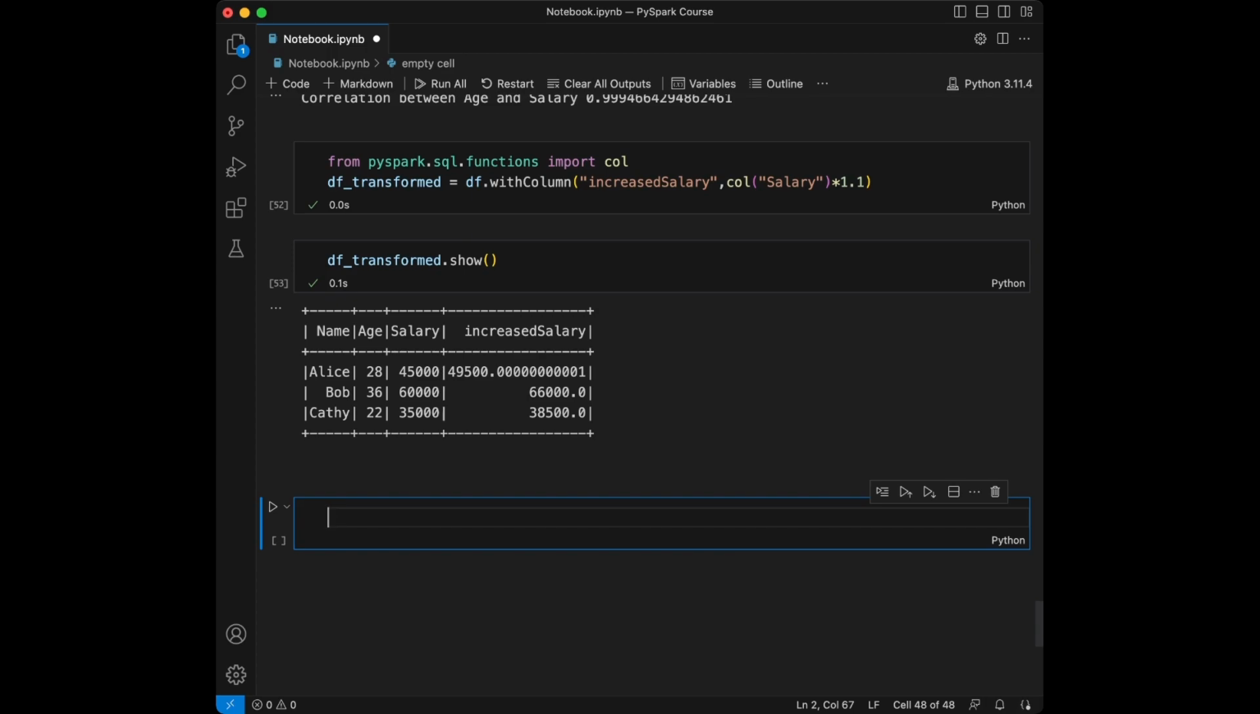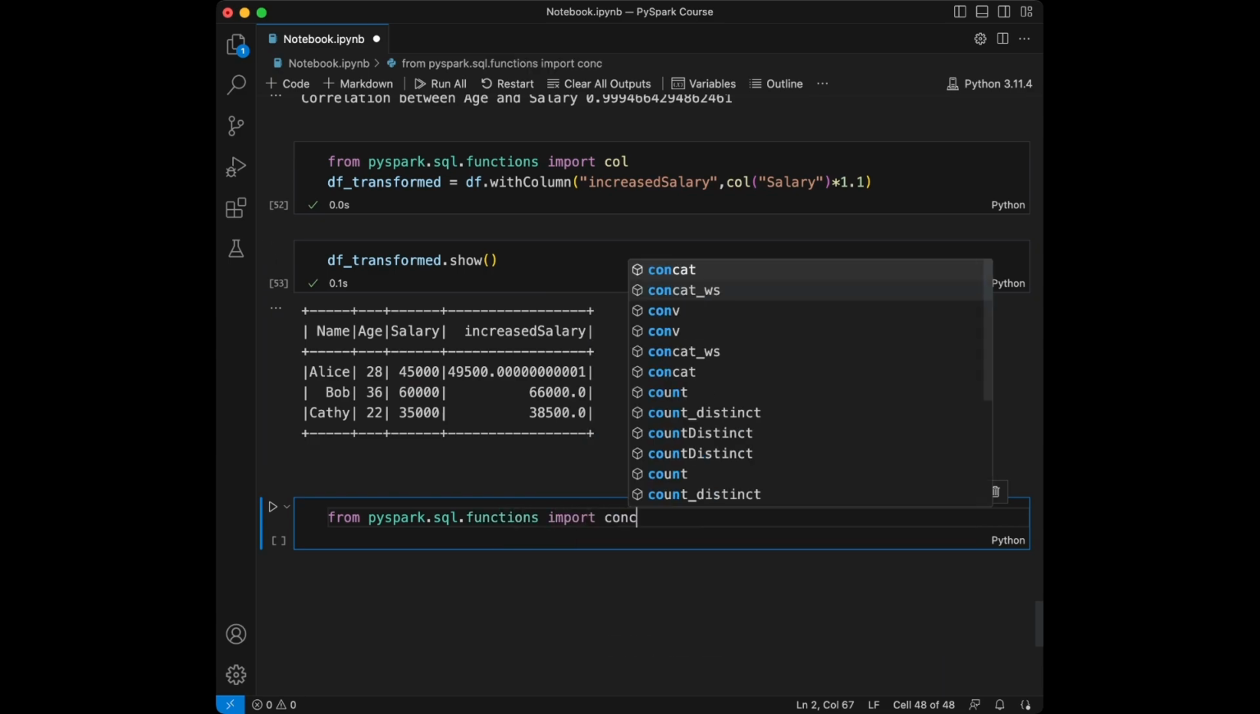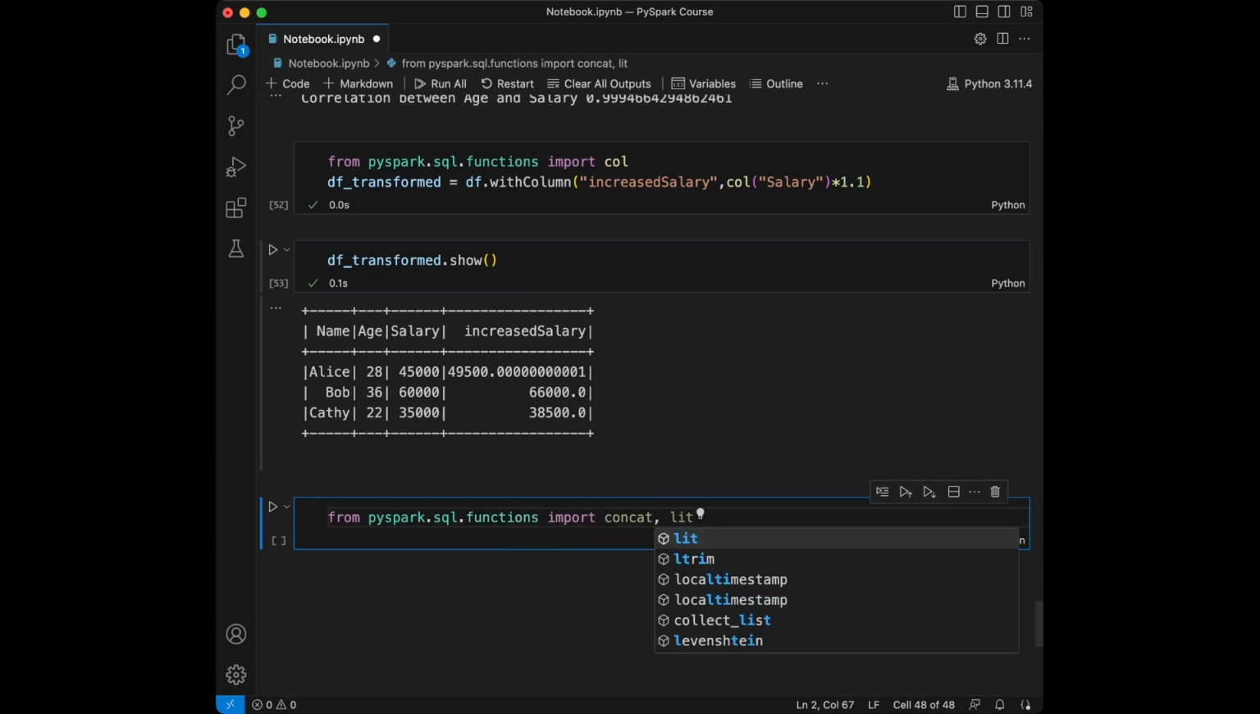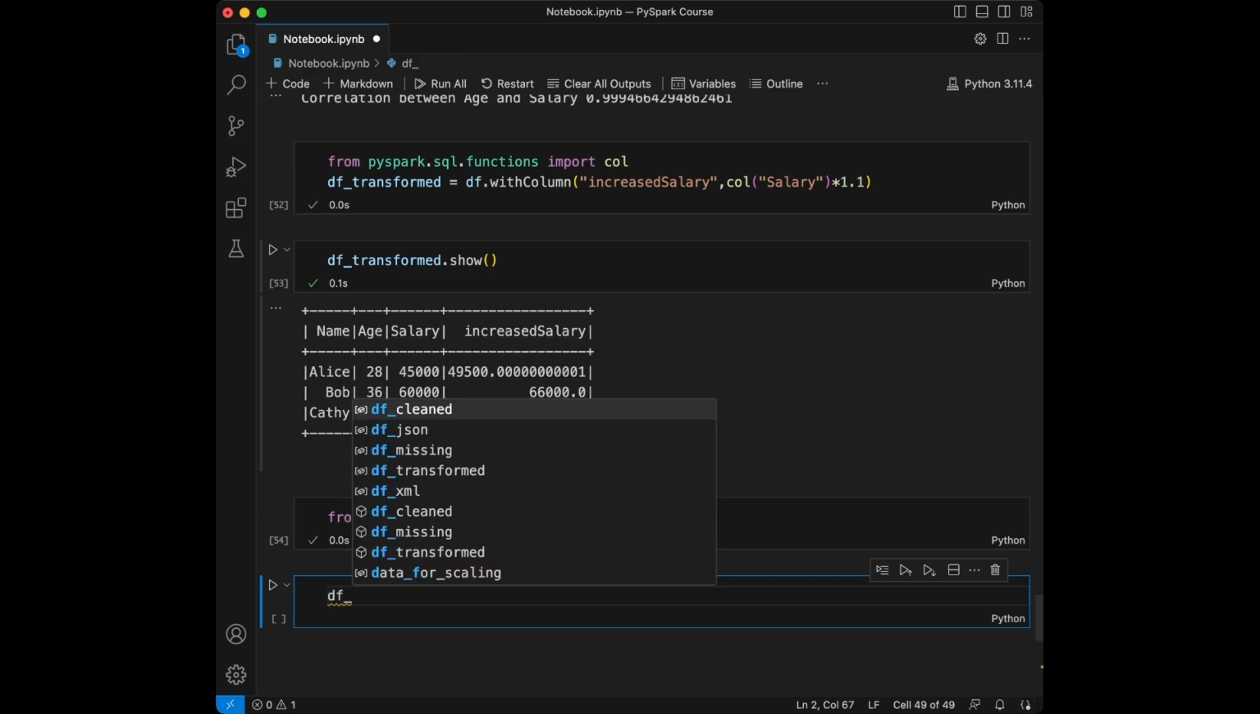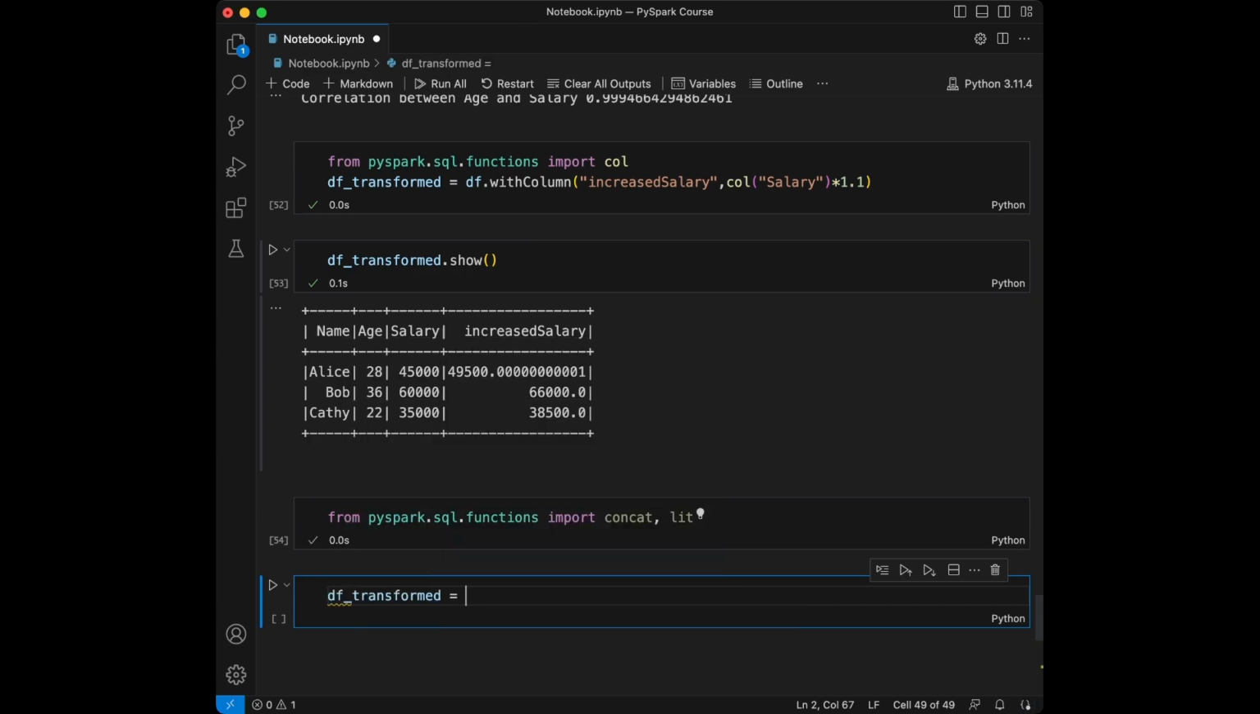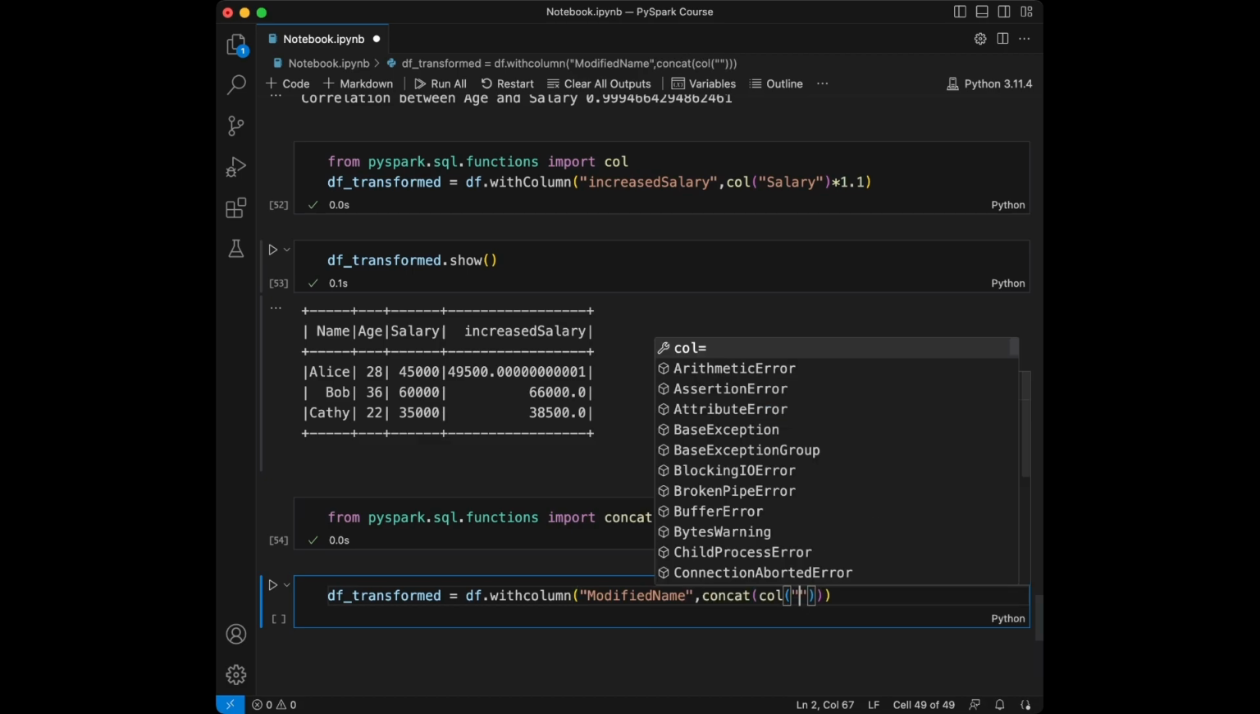We used the withColumn function to create a new column increased_salary in the data frame. We applied an arithmetic operation to increase the salary by 10% for each employee. Now let's use string functions. We are going to say from pyspark.sql.functions import concat, lit like this, and we are going to say df_transformed = df.withColumn modified_name, and it's going to be concat col name,